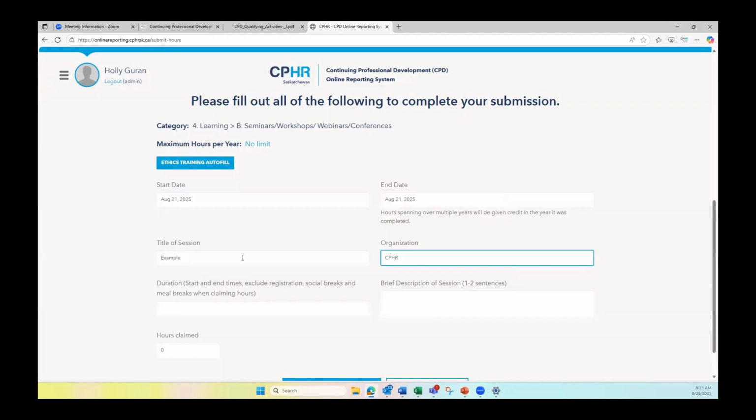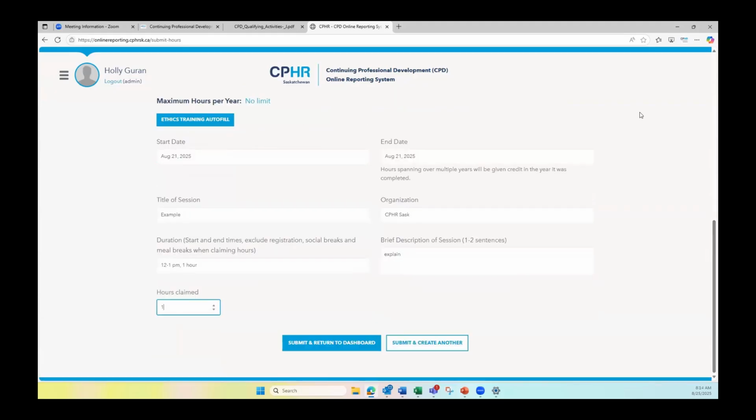Say it was through CPD Sask. It was from 12 to 1 p.m. So 1 hour. Explain a brief description. Enter 1 hour. And hit either one of these buttons. So I'm going to do submit and return to the dashboard.